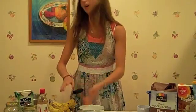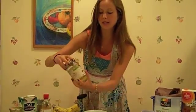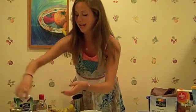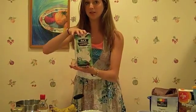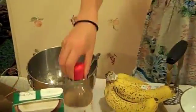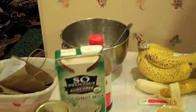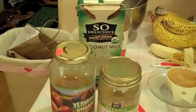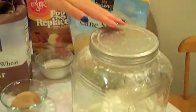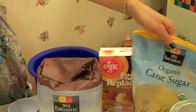a half a cup of oil, which I will show you. I use half and half of applesauce and coconut oil, 3 tablespoons of your alternative milk, such as coconut milk, hemp milk, soy milk, almond milk, any other kind of milk you might need, 1 teaspoon of vanilla, organic preferably, this is not organic, 1 cup of whole wheat flour, 1 cup of regular all-purpose flour, a little bit less than a cup of organic cane sugar,